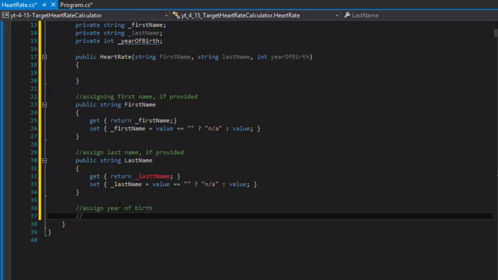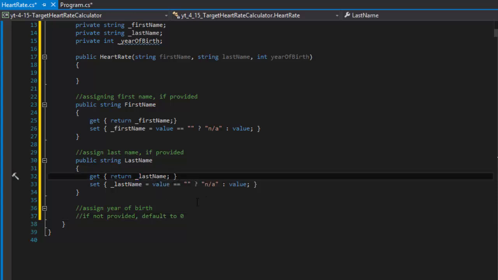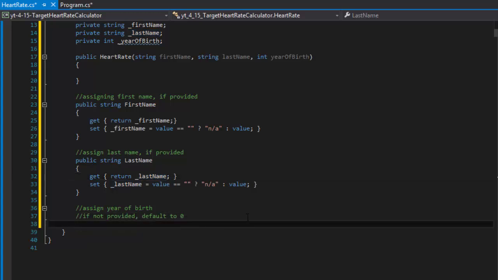So let's say if not provided, default to 0, and we will check the value, and if it is 0, we can do something with it, inform the user that the value was not provided or something like that. So we will do our public integer year of birth,